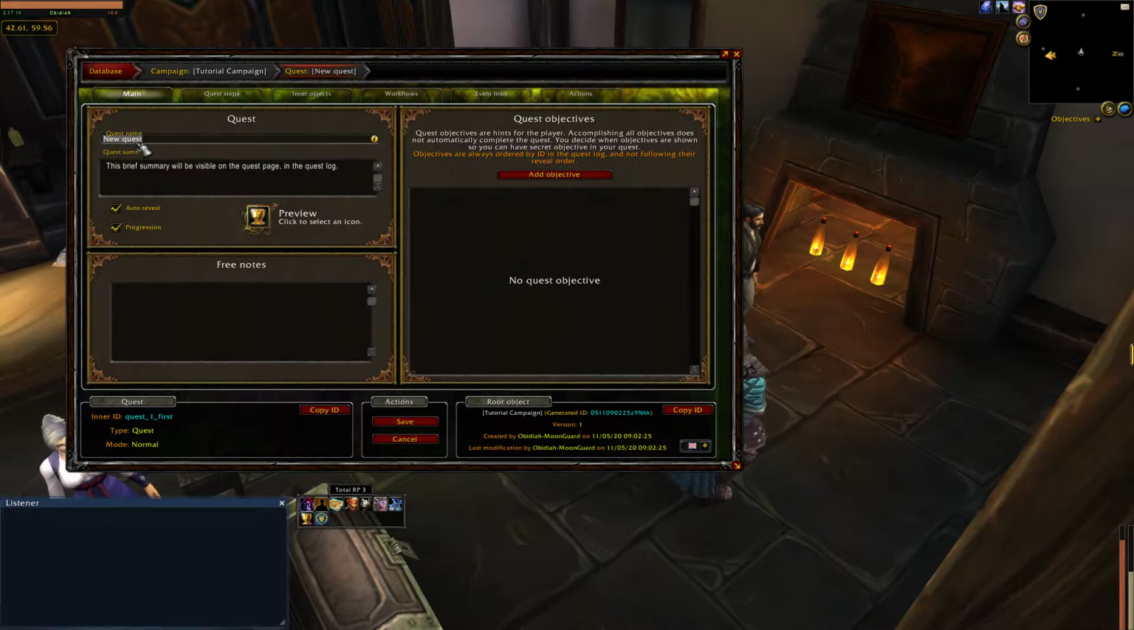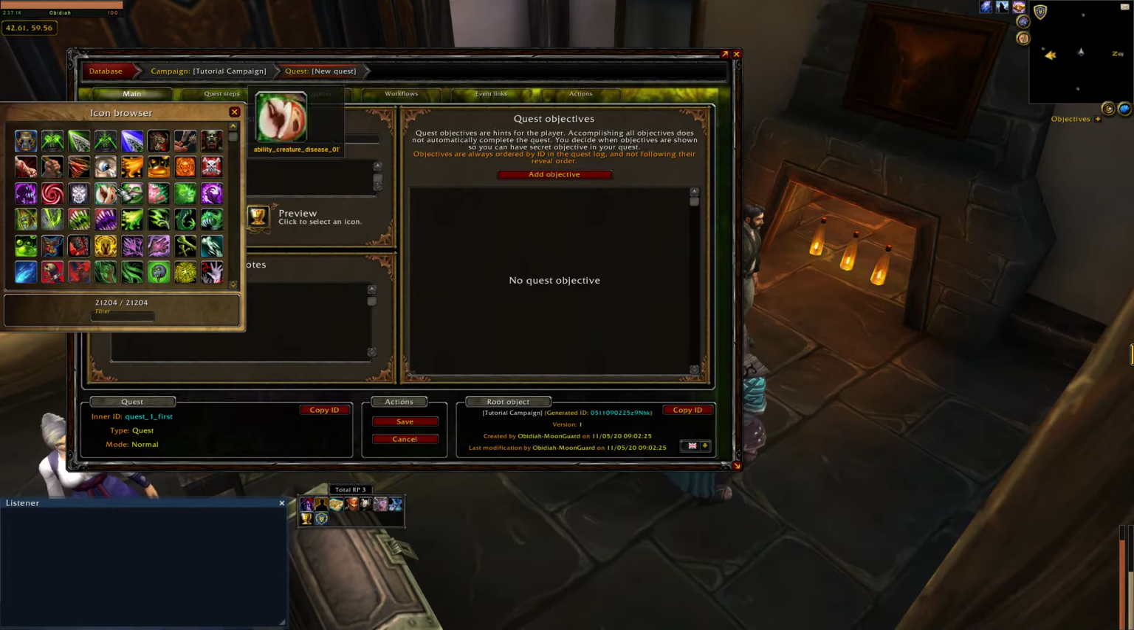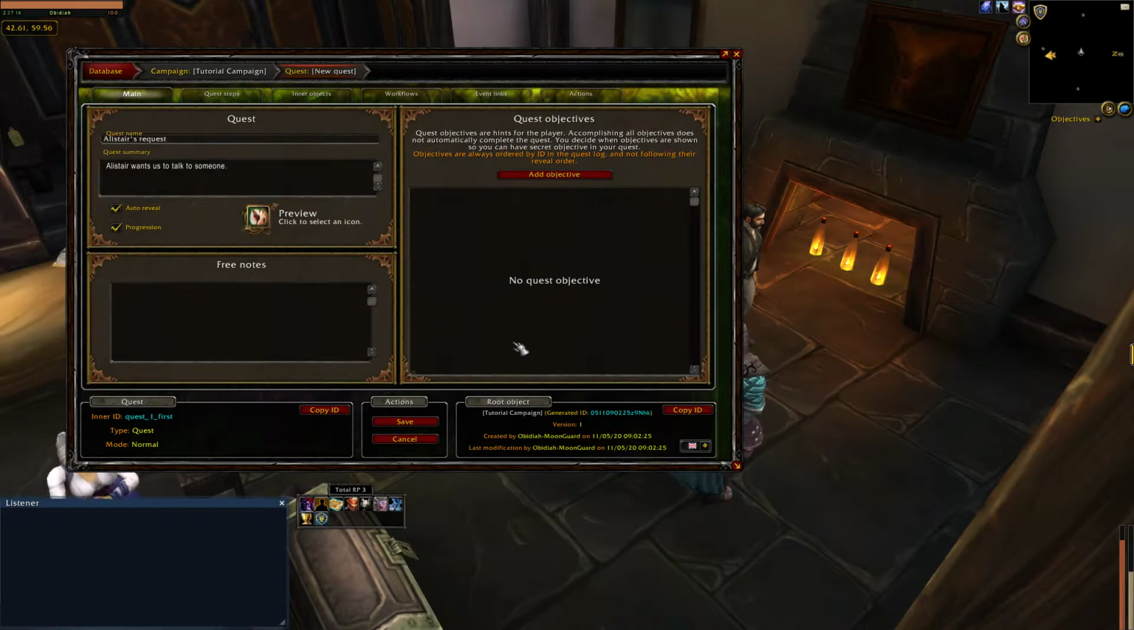So we can name our new quest under our campaign called tutorial campaign. Let's just call this Alistair's quest. Let's give it a brief summary. Let's give it the rotten apple. You can see here we can choose the quest to be auto-revealed, which means that once we